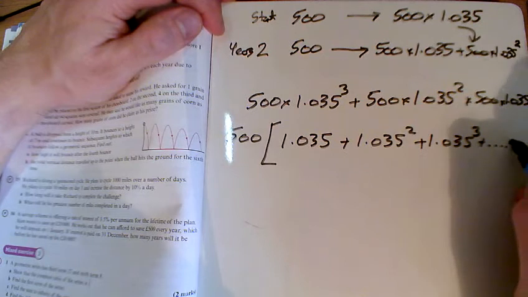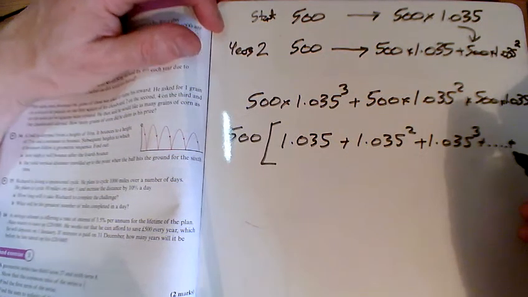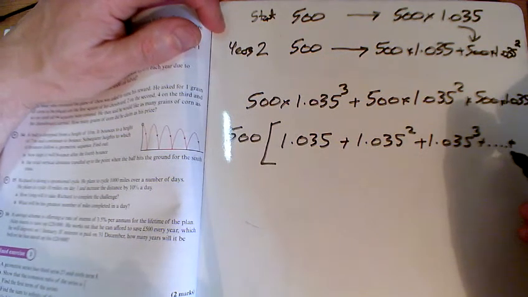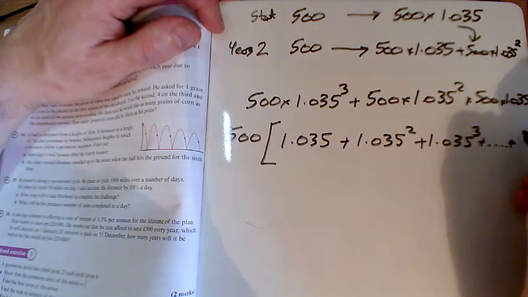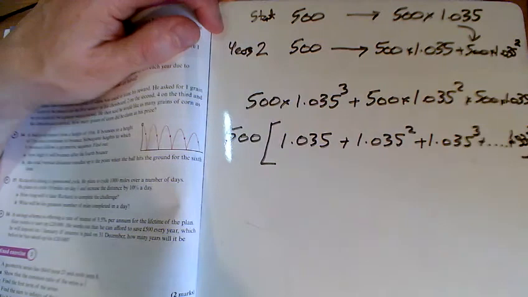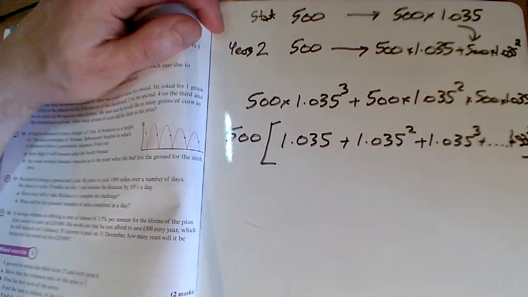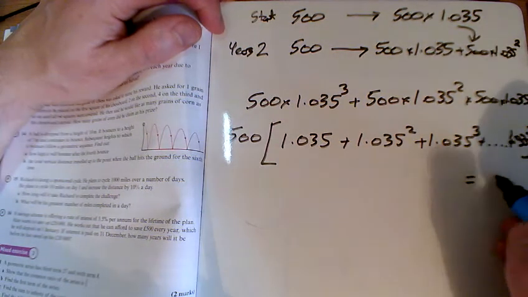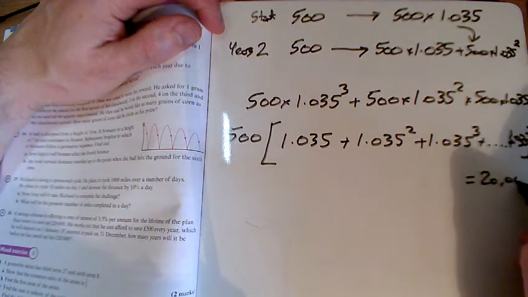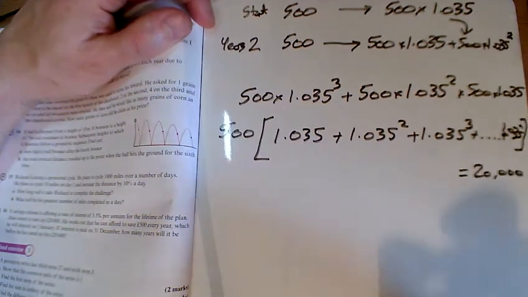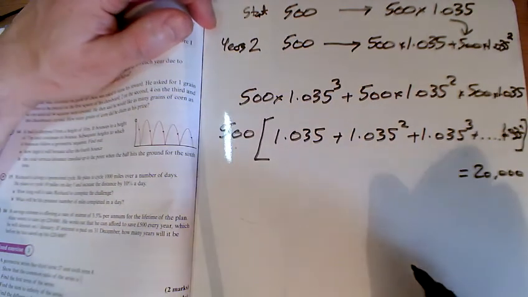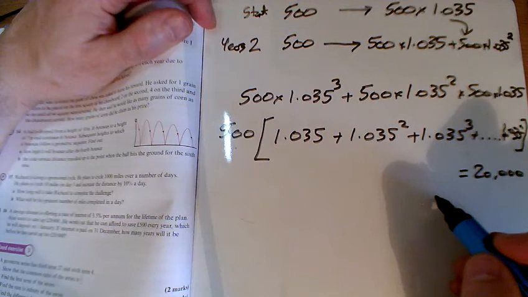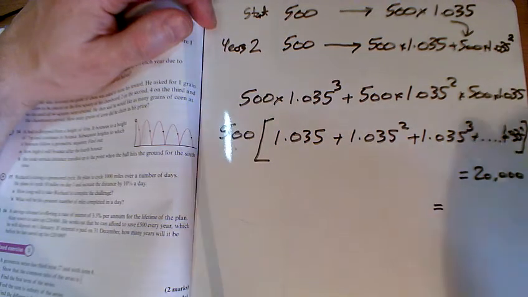And if we're going for how many years? Well, that's the question, isn't it? 1.035 to the power of n. And what's n when this sequence here is 20,000? So I put equals 20,000. So I'm going to divide both sides by 500. If I divide by 500,